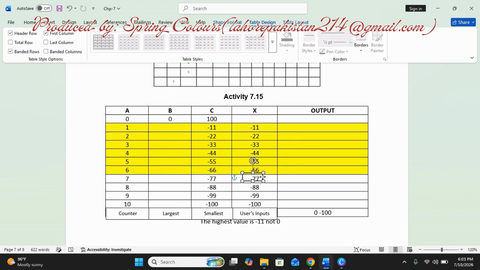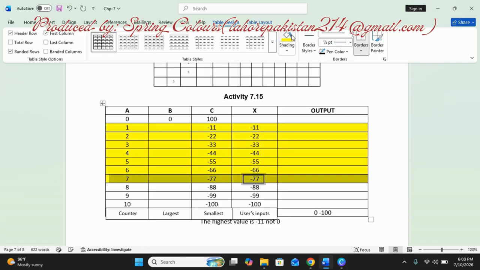Now the user is giving the value of minus 77. This minus 77 will be compared with this 0 of B, and as it is lesser than B, nothing will be stored inside B because B is storing the largest values. But when this minus 77 is compared with minus 66, as it is smaller than minus 66, it will replace minus 66